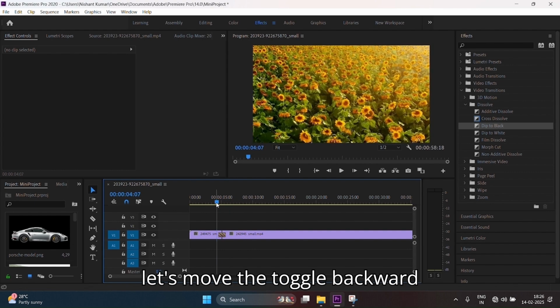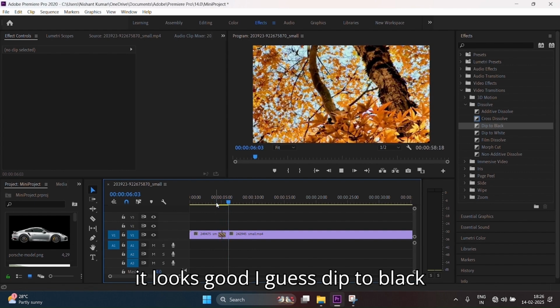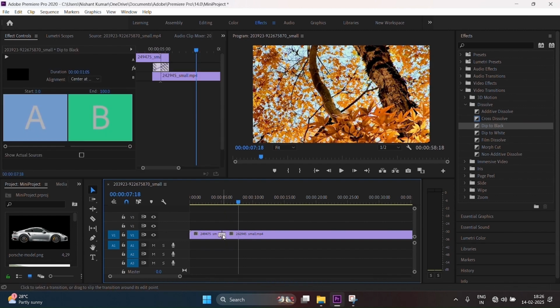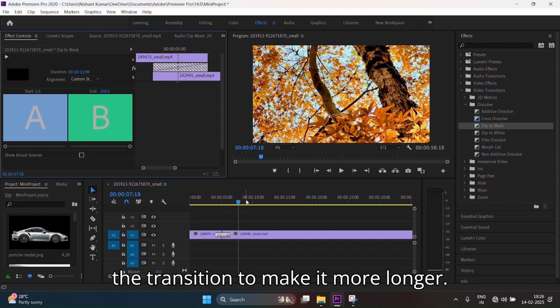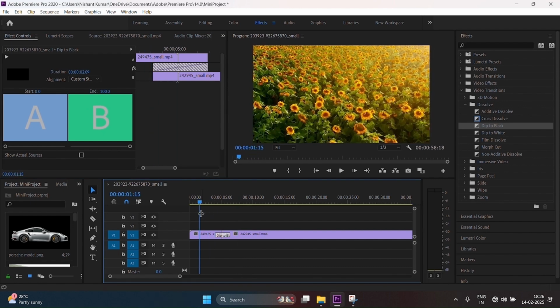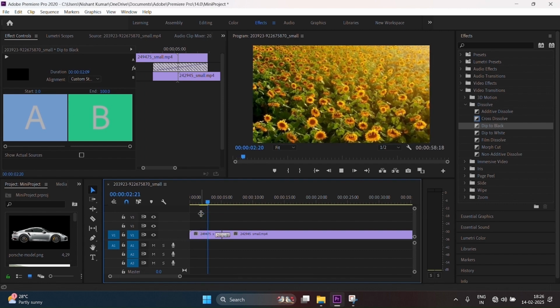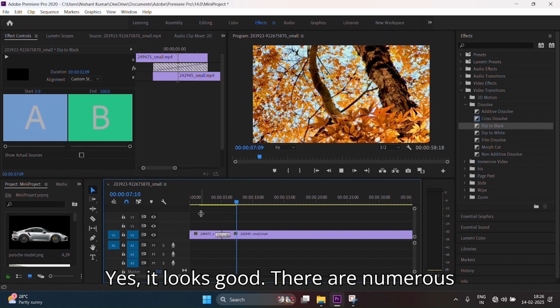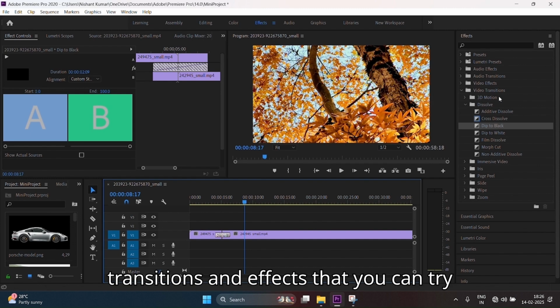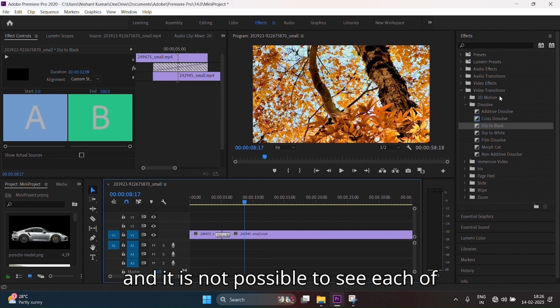Let's move the toggle backward. It looks good, I guess. Dip to black. What you can do is also drag the transition to make it longer. Now let's see again. Yes, it looks good. There are numerous transitions and effects that you can try, and it is not possible to